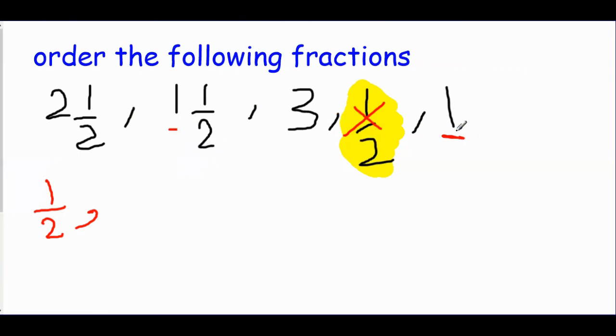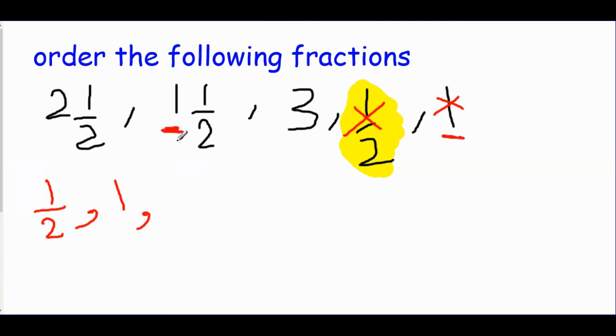If you have 1 pizza and your brother has 1 and a half pizza, who of you has the greater amount? Of course your brother has more than you because he has 1 and 1 half. So 1 is smaller. So I will write 1 and I will cancel it. Now let's move next: 1 and 1 half, 2 and 1 half. Of course, if you have 1 and a half pizza and your brother has 2 and 1 half pizza, of course,